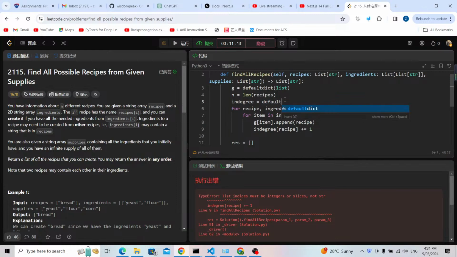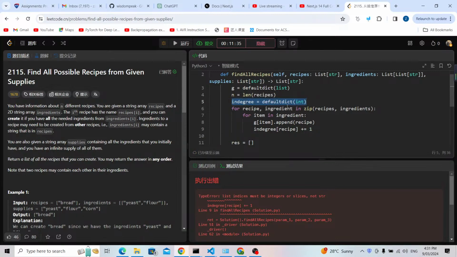I cannot use an array because these are just ingredients, there's no index, so I'm going to use a default dict with int. Now my integer can take the recipe and plus 1, because now it is not an array,